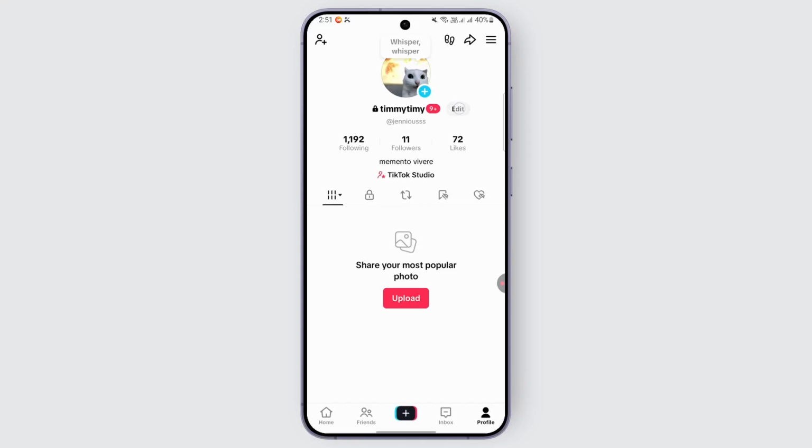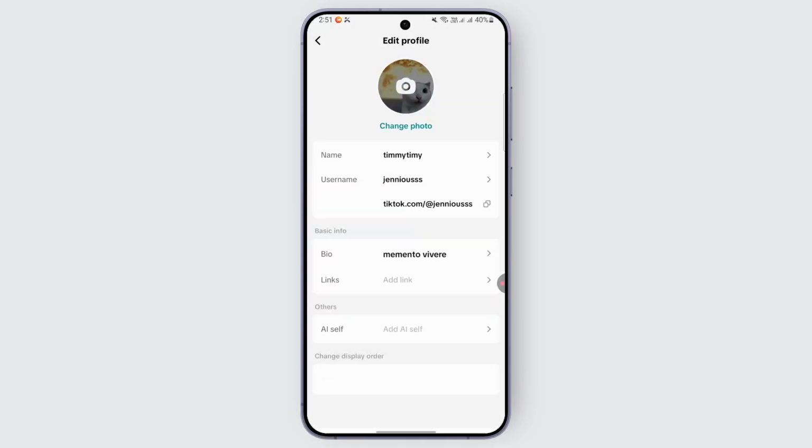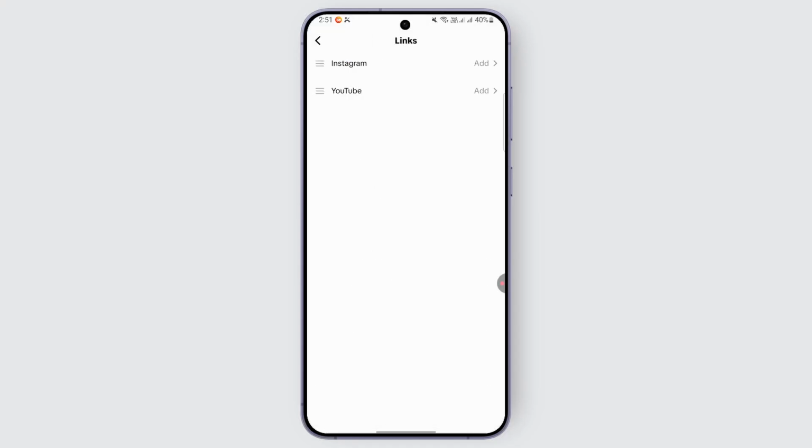Tap on edit and the edit profile option appears on your screen, including the option to add links in your bio. So right under bio, you should find an option called links. Just go ahead and tap on it. Once you tap on it, it will give you two options to add your Instagram and your YouTube. So tap on Instagram. Once you tap on Instagram, it will take you to the browser